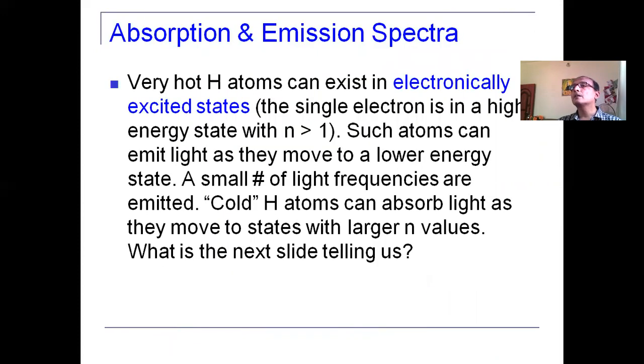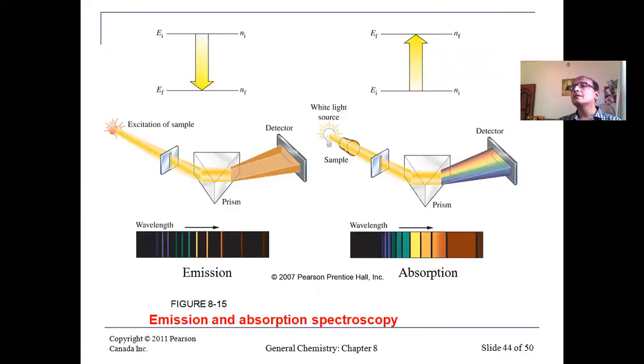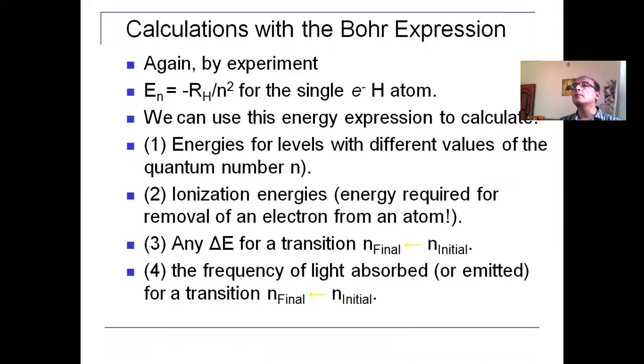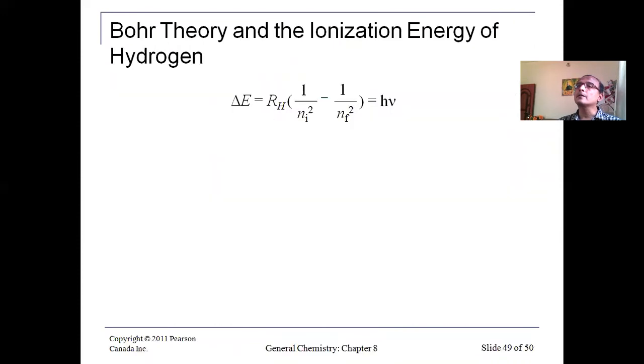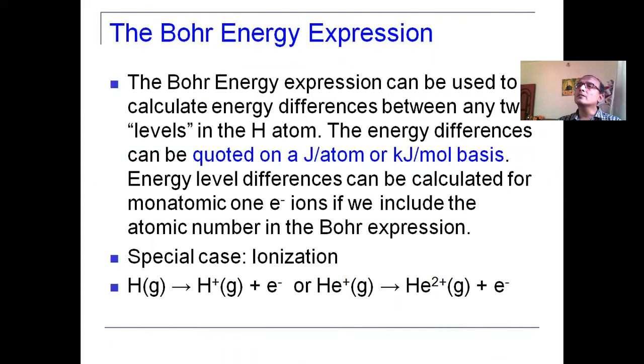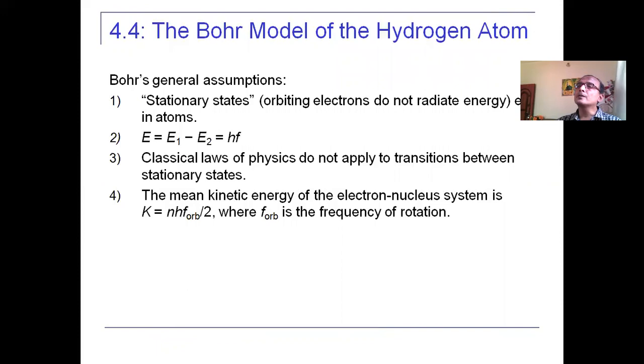See here, these are the absorption and emission spectra, the different absorption and emission spectra for hydrogen. This is the Coulombic interaction in the hydrogen atom. This is Coulomb's law, the calculation for the Bohr expression, showing how the radius and energy can be calculated. So with this, I hope you have got a good idea about the portion which we have seen in the first chapter, that is the